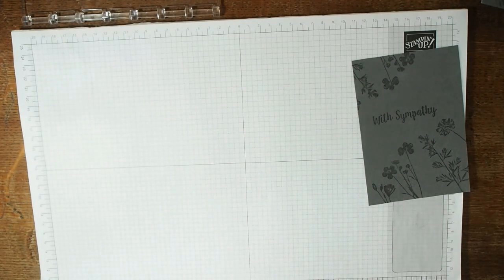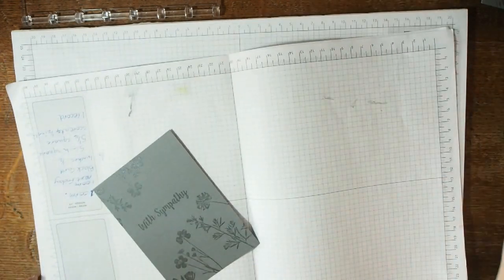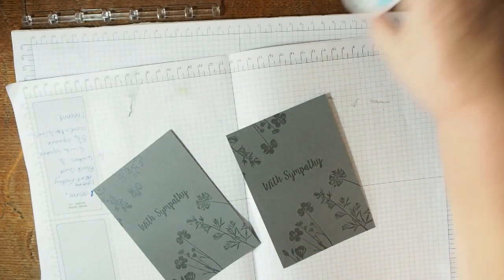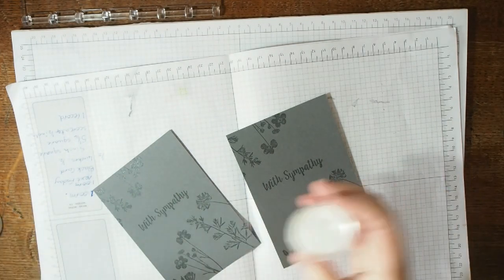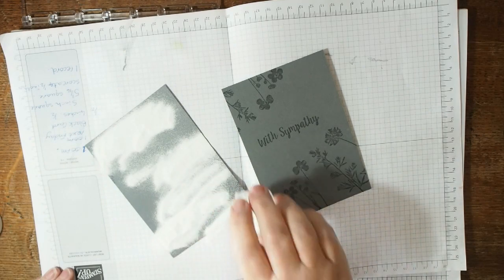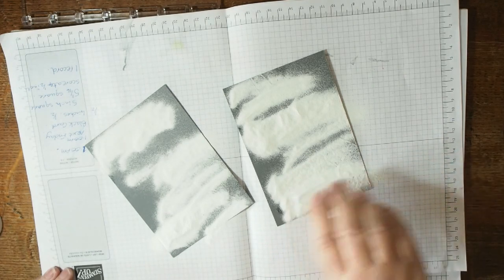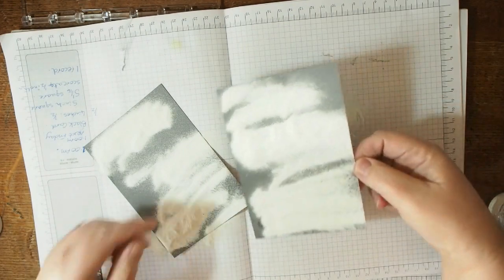I'm going to bring in some scrap paper, and put both my cards on it. And we'll get my white embossing powder here. You've seen that already, so I'm just sprinkling that over where I've inked up. Emptied the tub, but no worries, because